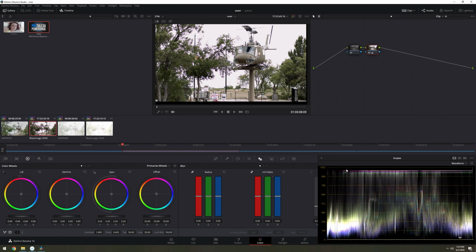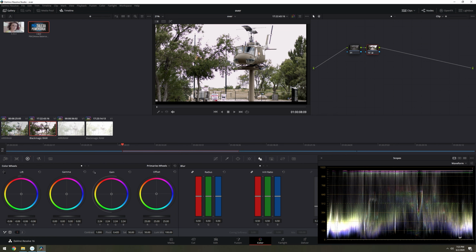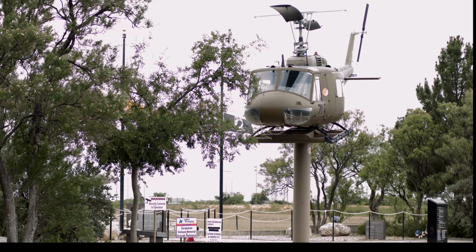All right, I don't usually like going all the way up, if you notice that. I don't bring it all the way up as high as you can, kind of just like right there in that line, but that's just the way I do it. You don't have to do it the way I'm doing it. I'm just showing you. So Blackmagic RAW now, we Control F, okay, and we're gonna flip through it. This is the Pocket 6K